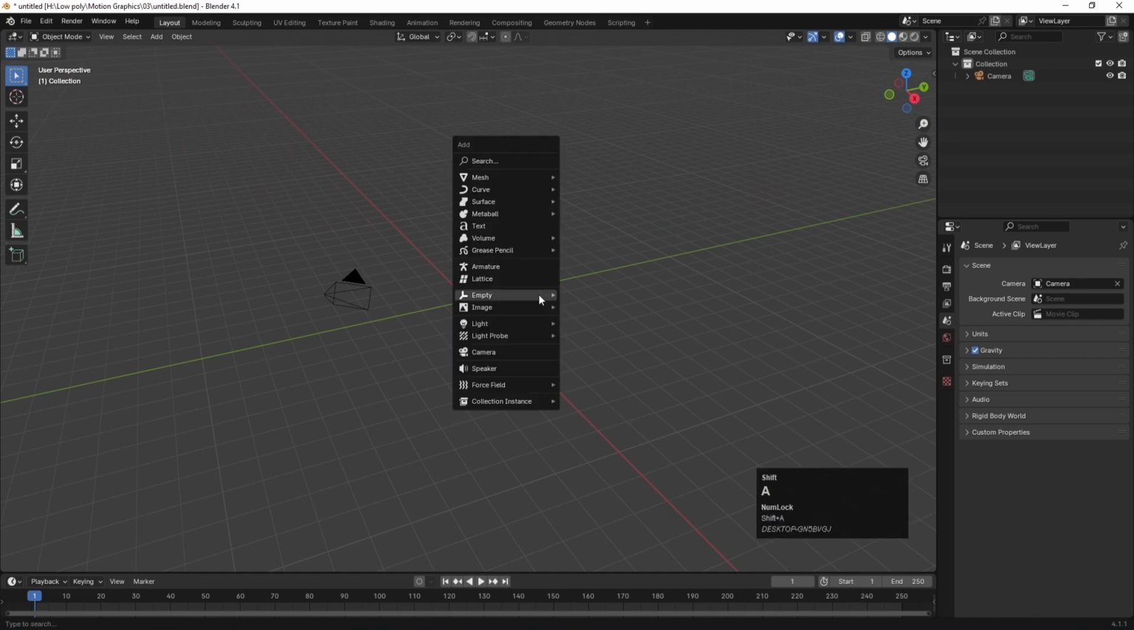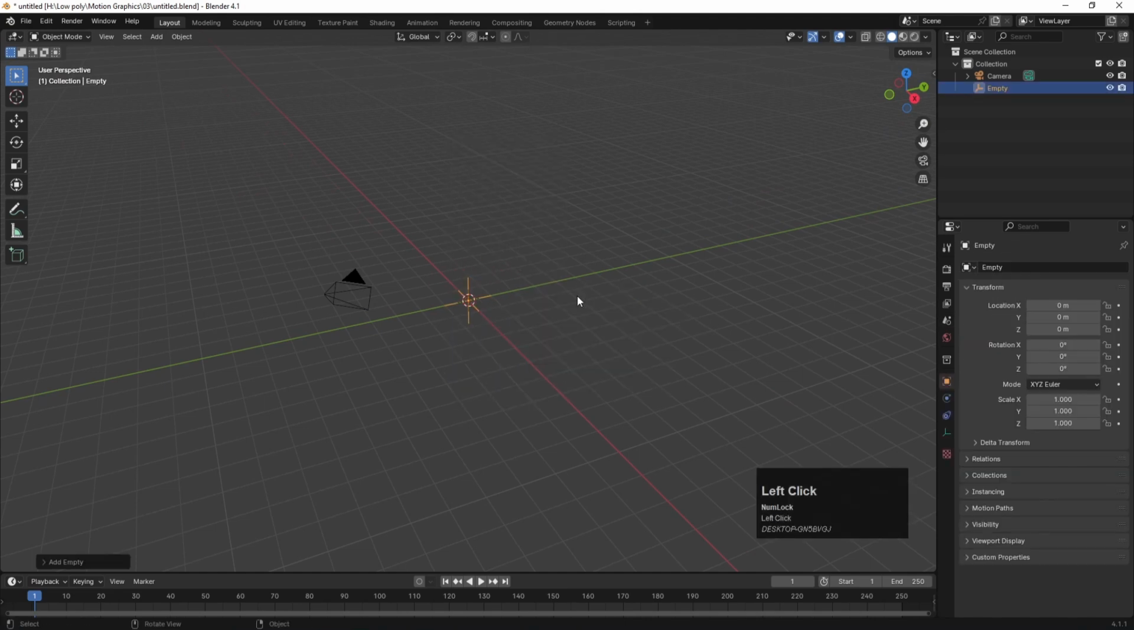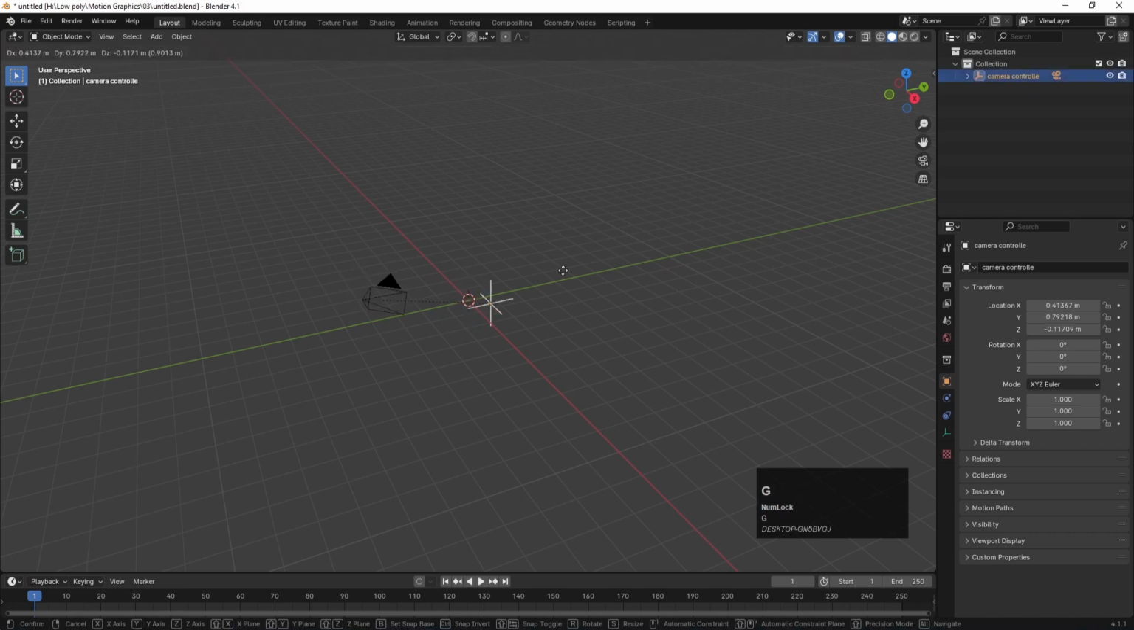Now I'm going to press Shift A, empty, and I'm going to enable the plane axis. I'll double click and I'm going to call it camera controller like this. Now I'm going to select this camera, and by holding Shift I'm going to select this plane. I'll press Ctrl P and I'm going to select object. So if I select this null object and press G, as you guys can see, along with this null my